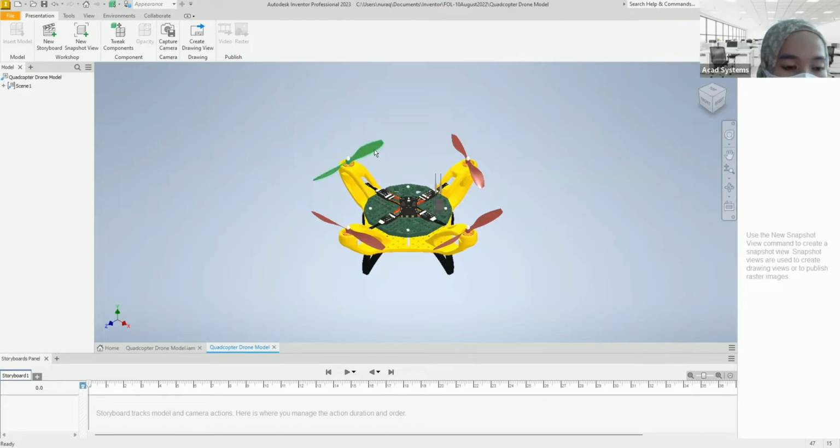Logically, a propeller is a component that can be rotated at its place, right? So I will create a movement. I will move this upward, and at the same time, it will rotate. There are 2 options that you can do: you can click on tweak component